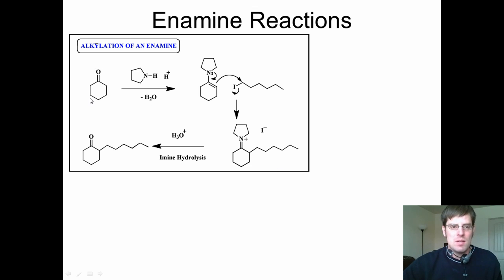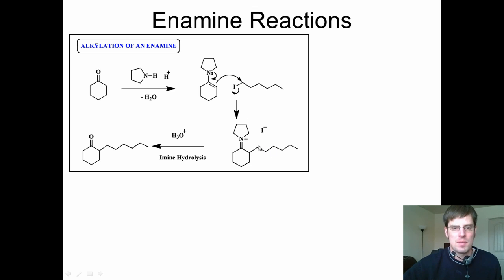Once again, I can begin with my ketone, and if I were in a circumstance where I wanted to generate or to alkylate at this alpha position, have a big long carbon chain of some kind, what I could do is treat this ketone with an amine, like this cyclic amine shown here, and then with base, and it would generate this enamine. If I treat this enamine with an alkyl halide, like this alkyl iodide, then the electrons in